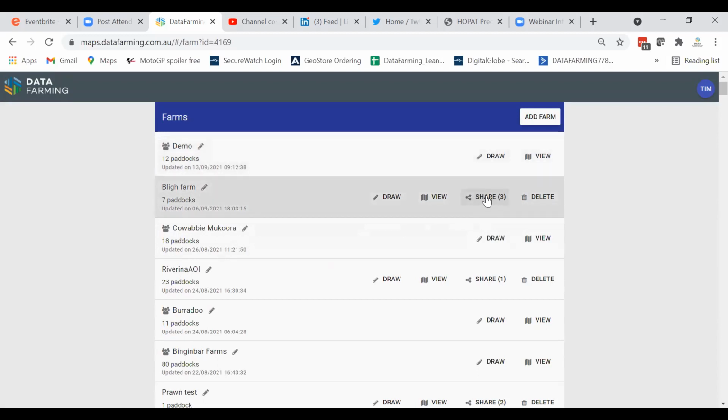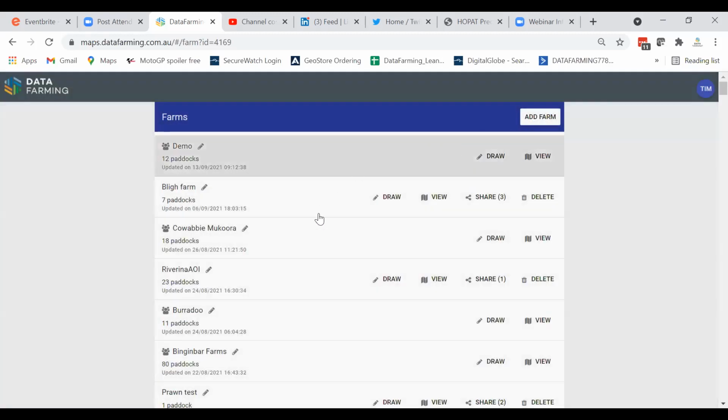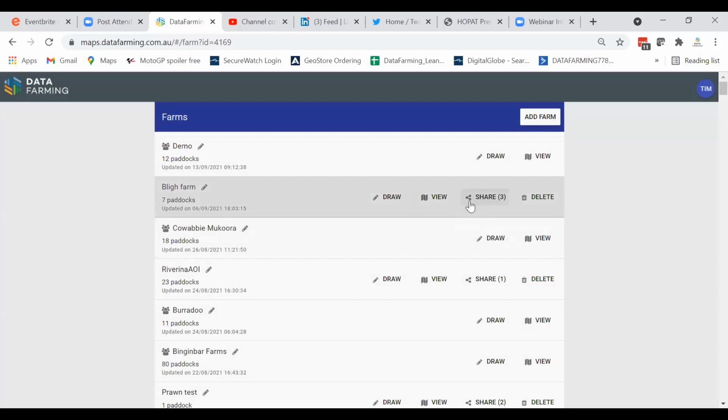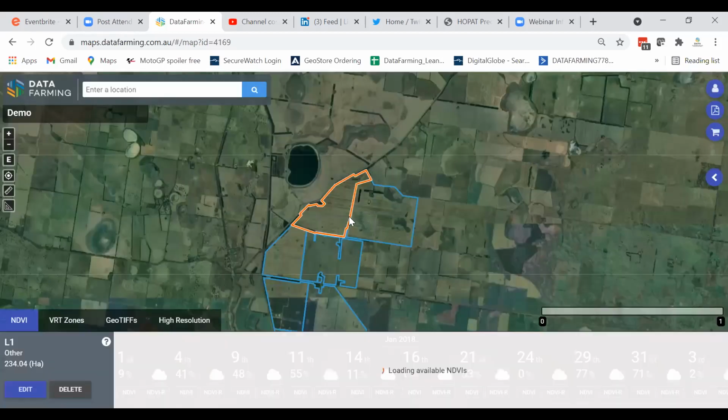You can also share your farm. Say you've got an agronomist and you want to share it with them. You just click there, and it will share that farm with other registered users. This one's been shared with me, and I can just quickly go in and view that as a demo property. You'll see all your field boundaries come in